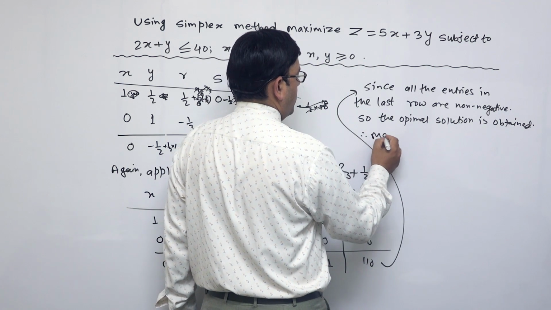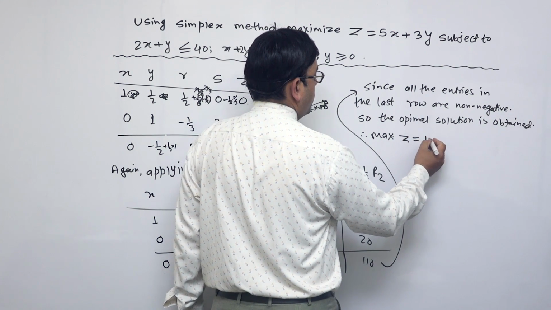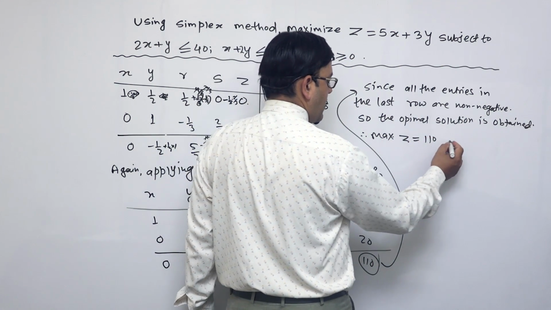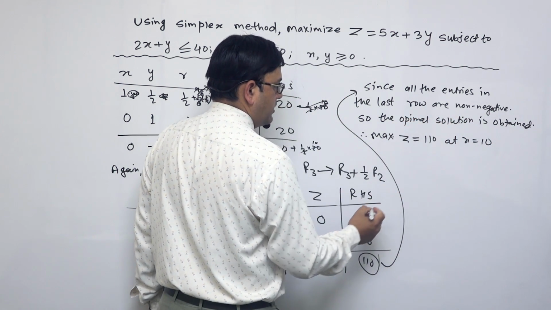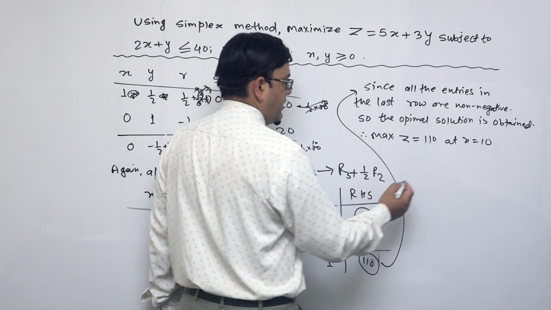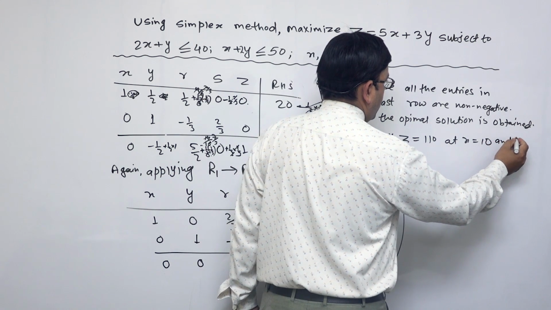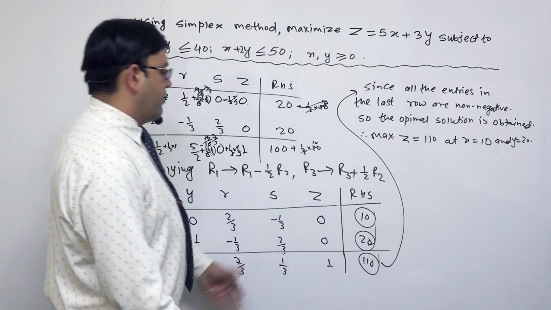Therefore, maximum value of z is equal to 110. This is maximum value of z at x is equal to 10, and then y is equal to 20. यसरी यो y 20 हामीले यसरी फाइन्ड आउट गर्यौं।